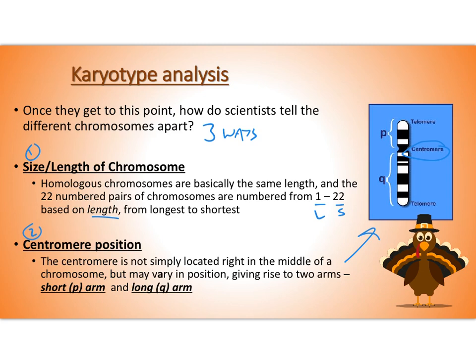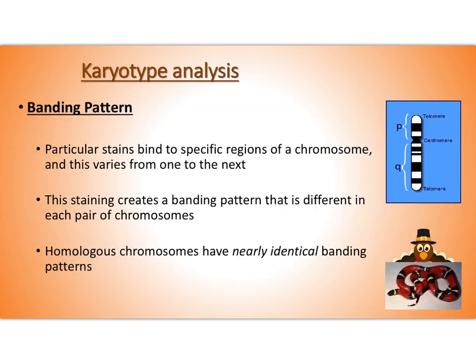Wherever that falls, you end up with 2 arms on the chromosome. The shorter arm on one side of the centromere is called the P arm. The longer arm is called the Q arm. So when we say centromere position, we're also looking at the length of P versus Q, which again should be similar if the chromosomes are homologous. The third and final way,